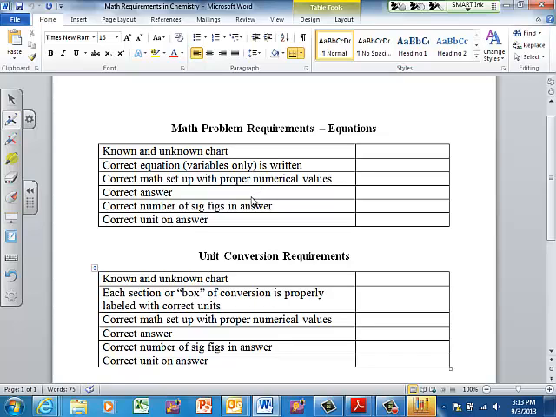Good luck on your test. Be good for the sub. When you get done, there are note packets